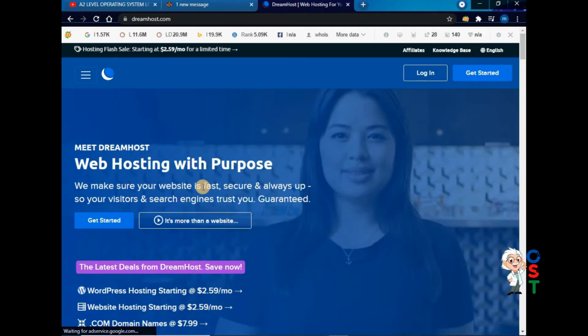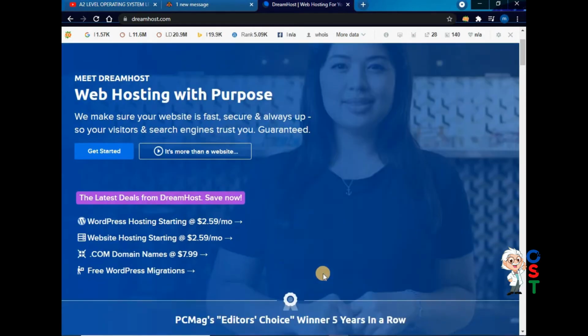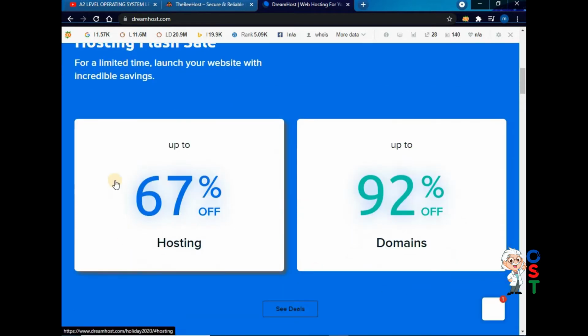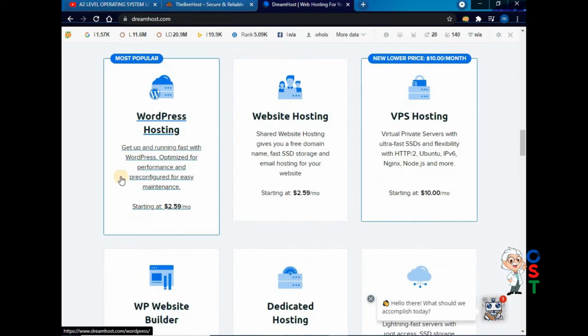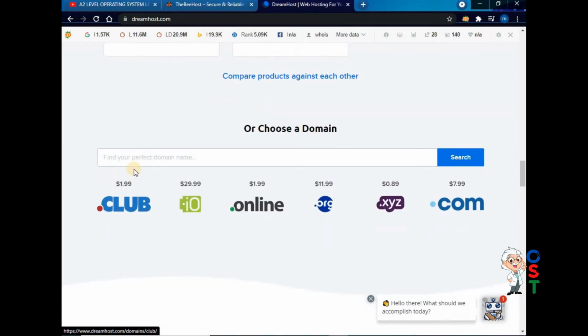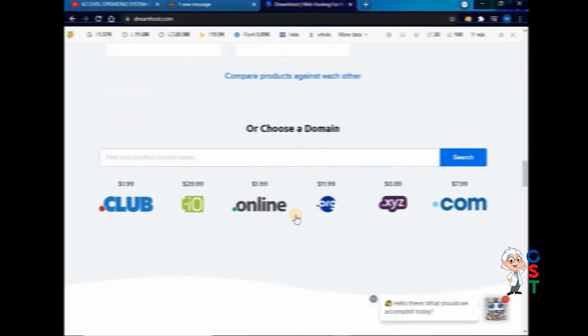Now you see web hosting with purpose, this is the website. Choose a domain. They are also giving this facility. You can search any domain which is available, and prices are also written.